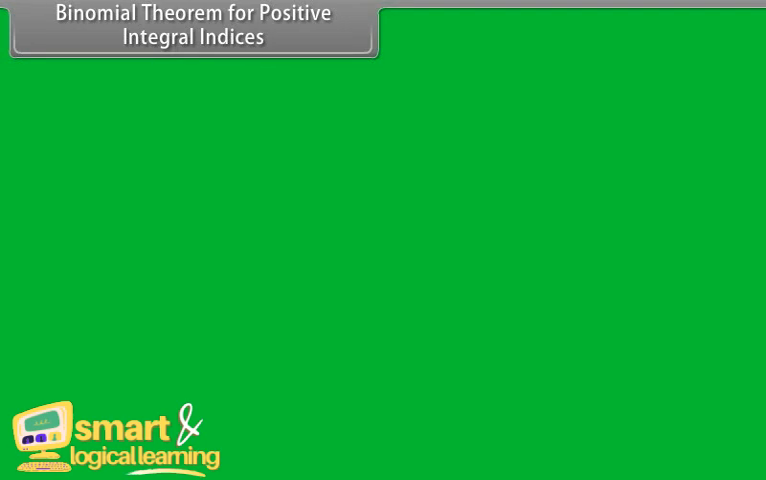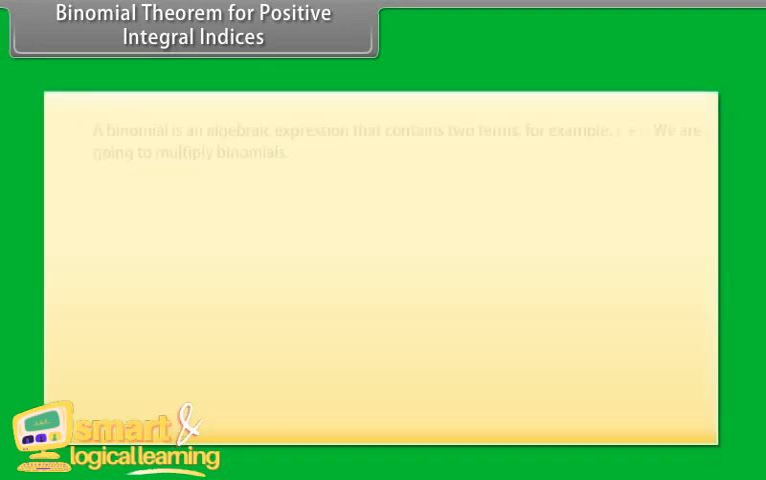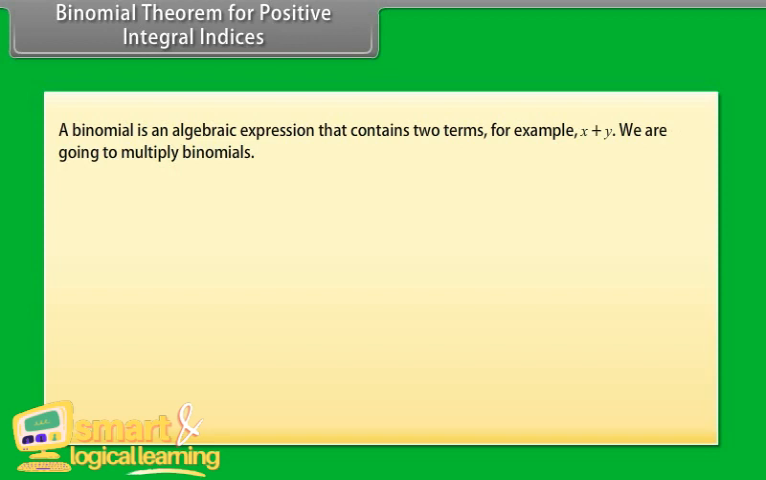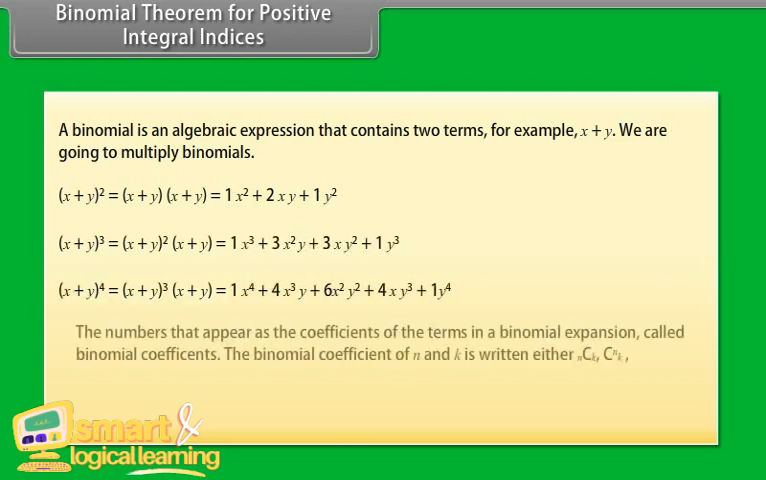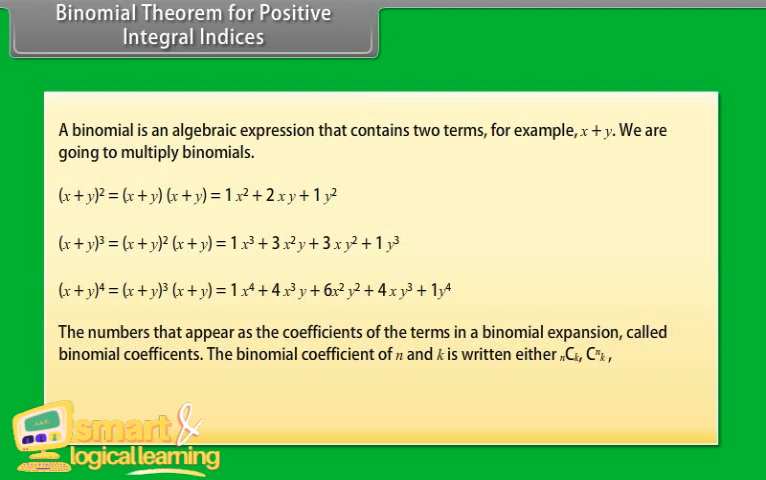Binomial theorem for positive integral indices. A binomial is an algebraic expression that contains two terms, for example x + y. We are going to multiply binomials. The numbers that appear as the coefficients of the terms in a binomial expansion are called binomial coefficients. The binomial coefficient of n and k is written either as